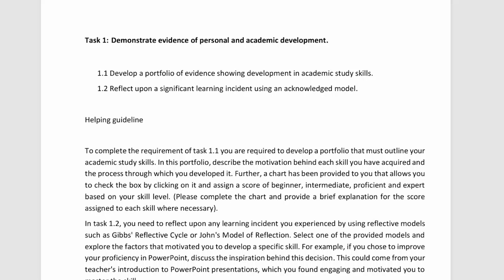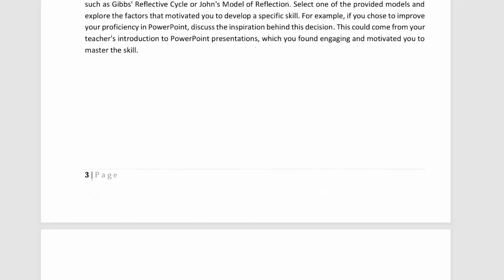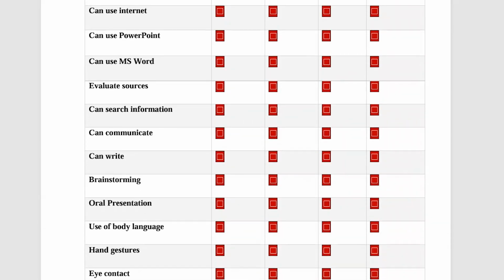And for your assistance, a skill chart is also provided to you. So this is the skill chart you can see on your screens. What you need to do is go through each of the skills, like using the internet, using PowerPoint, and even your communication skill, and indicate your current level by clicking the appropriate box, whether you are a beginner, intermediate, proficient, or expert against that specific skill.